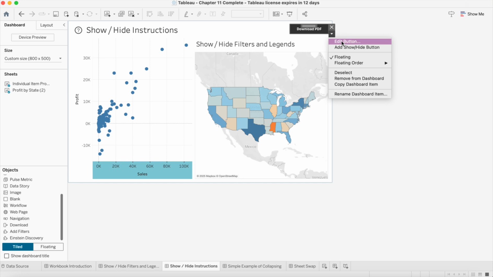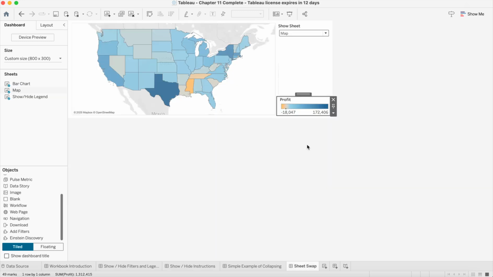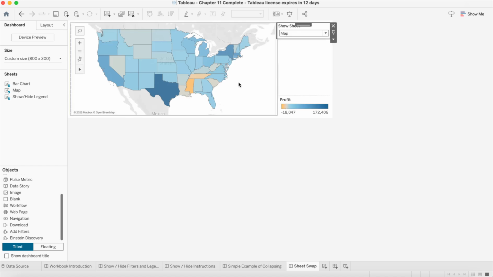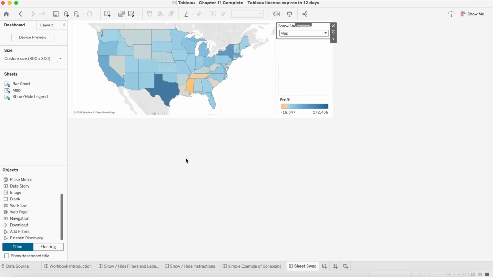I've selected. The last thing I'd like to show you is just kind of the sheet swap functionality. I encourage you to go in and figure out how this works, so that you can not only swap the graphic here using the drop-down menu, but also have the legend disappear when it's not relevant to the chart. So the book will walk you through that, but this is a really cool dynamic feature that can add a